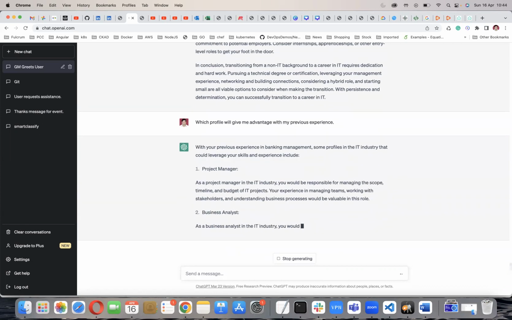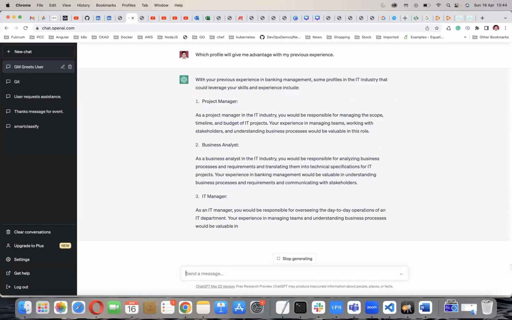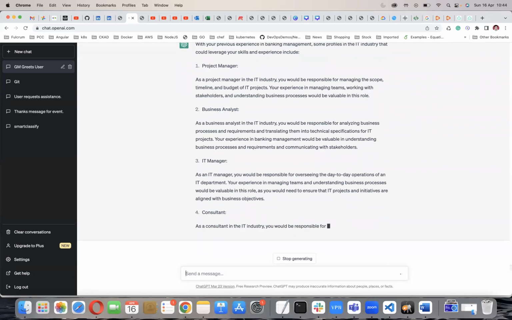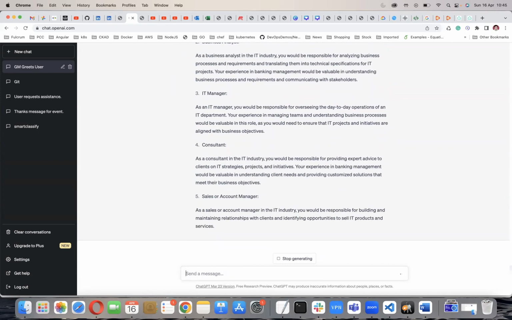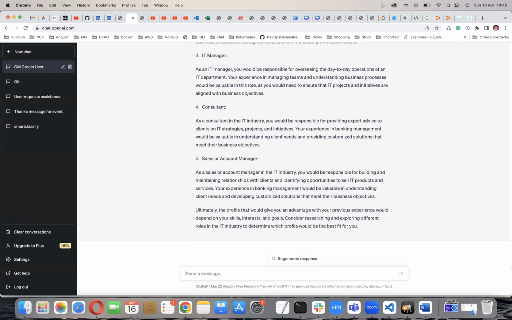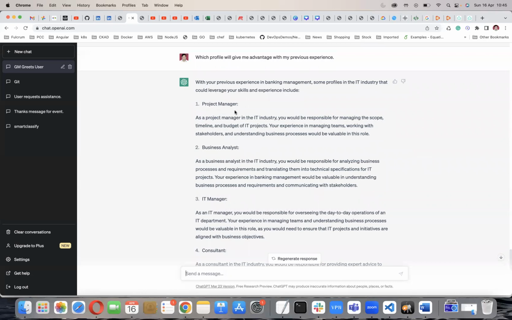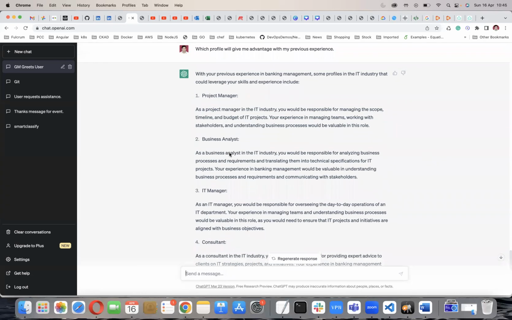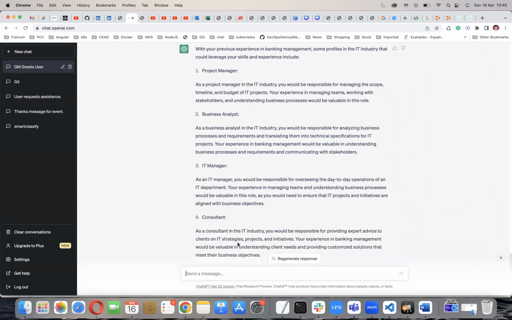Just like project manager, business analyst, IT manager, consultant, sales account manager. Okay, so if you can see, right, there are now three or four profiles: project manager, business analyst, IT manager, consultant. It is looking good, same thing, right?